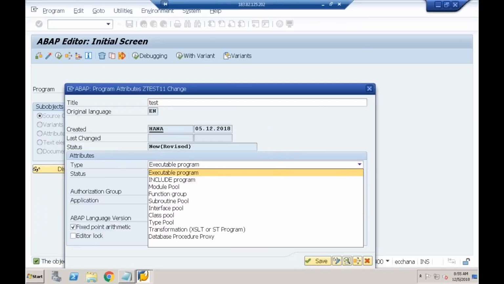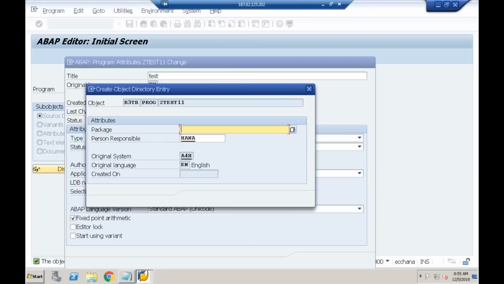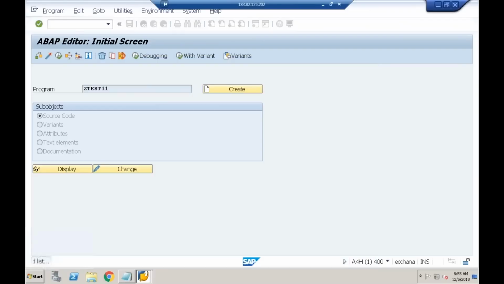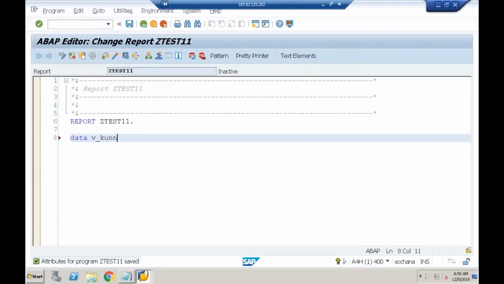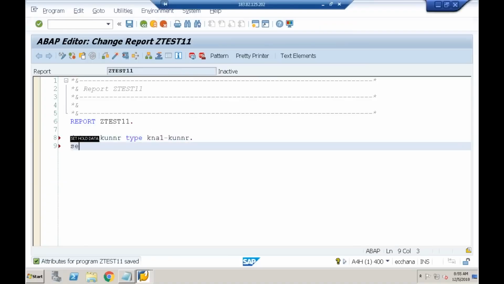My functionality is something like this. I'm just using select options. Save it, check it, activate it. So when I execute,